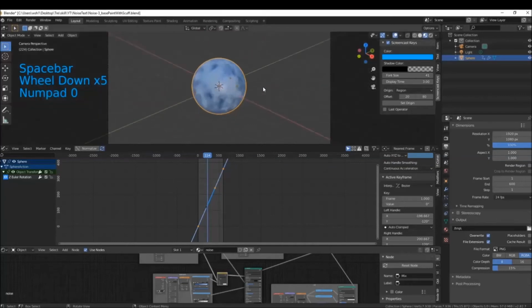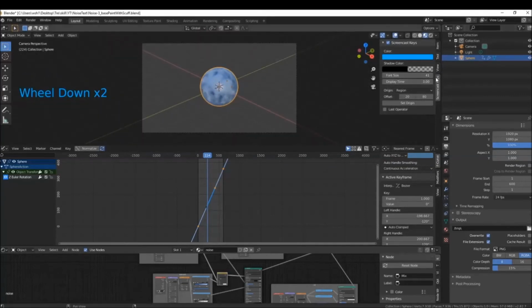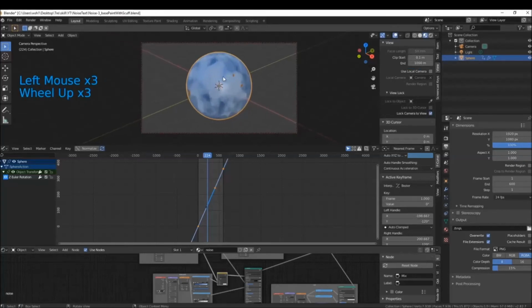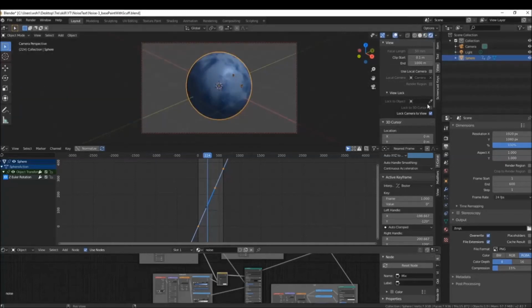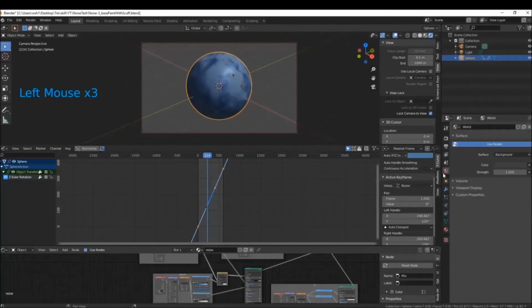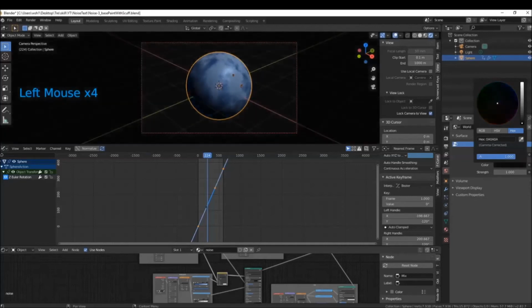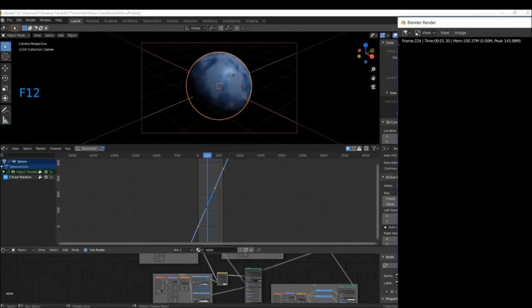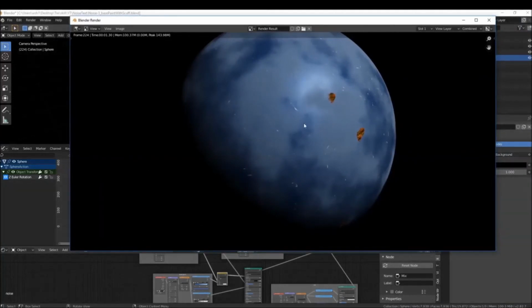Now the next thing I'm going to do is see what the camera looks like. The camera is placed here. I think it'd look a little bit better if it was a little bit closer. So I'm going to go to View, Lock Camera to View. I'm going to zoom in using the middle mouse button, and now I'm going to see what it looks like when it's rendered. So this isn't bad, but I would prefer if we change the background. So I go to my world settings, I go to the background, and drag that all the way to black. If I hit F12 just to see what it looks like when it's rendered,